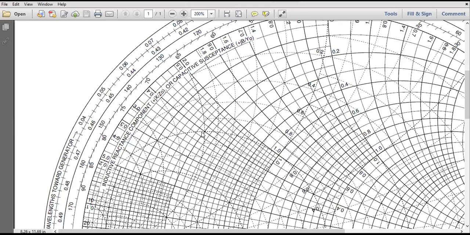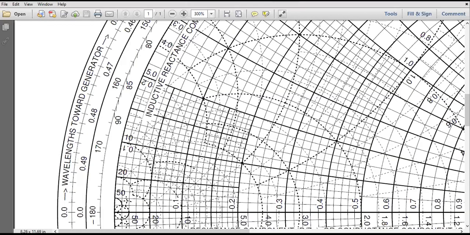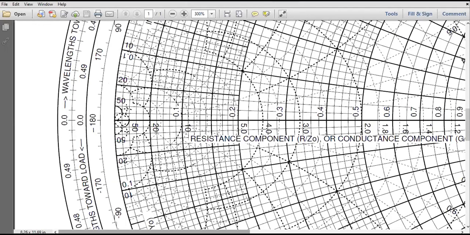Okay, this looks somewhat complicated, but it is not. If you focus on it, it will be similar to this Smith chart we are seeing. Now we have to solve the design problem on this. So we will try to understand one by one what is there and how to read the values. Here, just see the horizontal line.